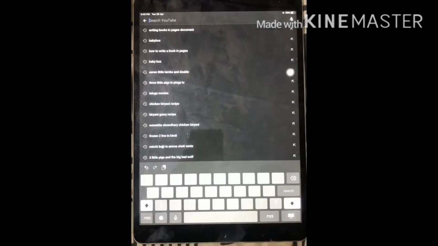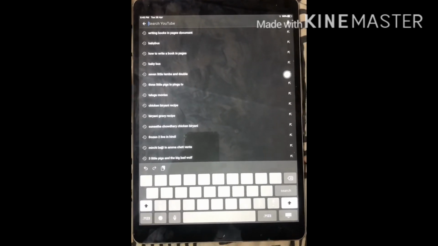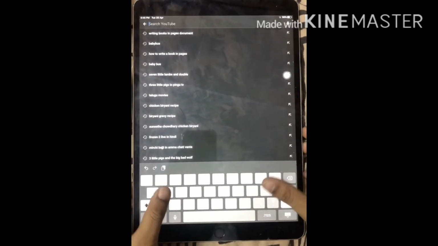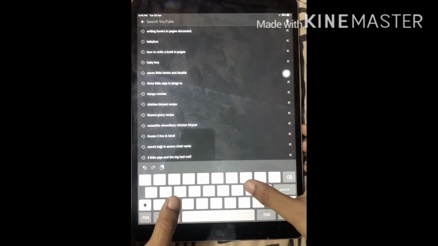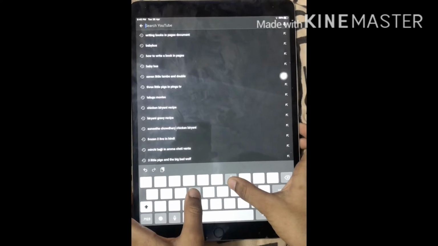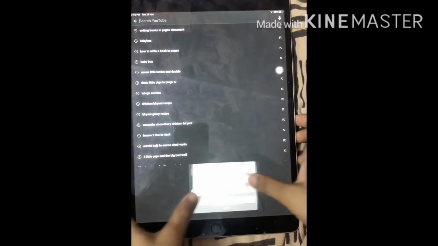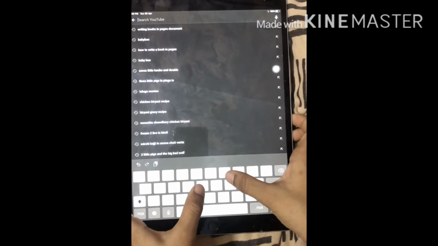I'll show you. So now I'll tell you how to pinch. For pinching, you need to do this. Keep your two thumbs on the text bar. Just slowly get your two thumbs closer like this, so that the text bar gets smaller. I'll show you again.